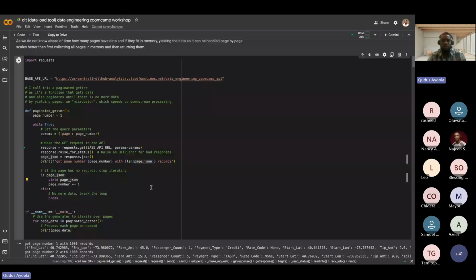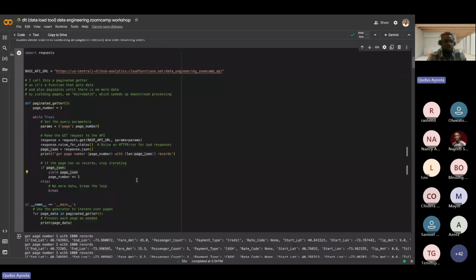It's not the same as requesting data from an API and it reads all your data, all your files from your source system. The disadvantage of reading a file from the source system and ingesting into your database is that the file might be too large and you might run into a memory error. So using this approach, we are loading our data in micro batches, using the yield statement. The yield statement is like a Python generator method, which means at every point it reads each page, each row of data. It will help you write it out.